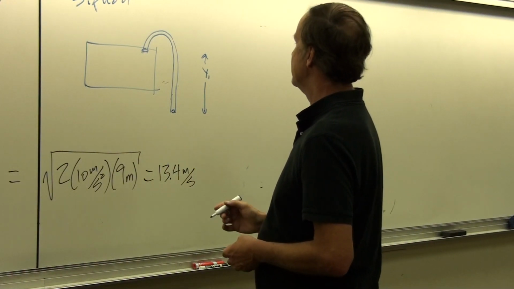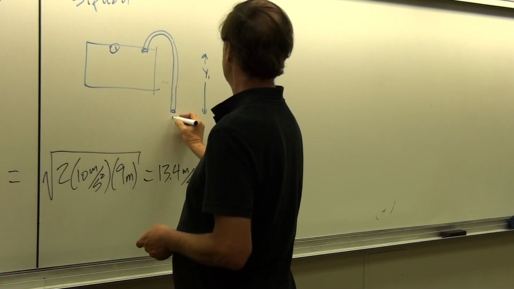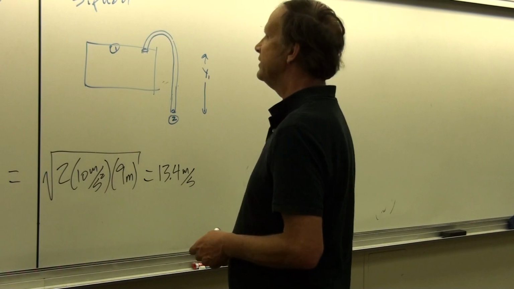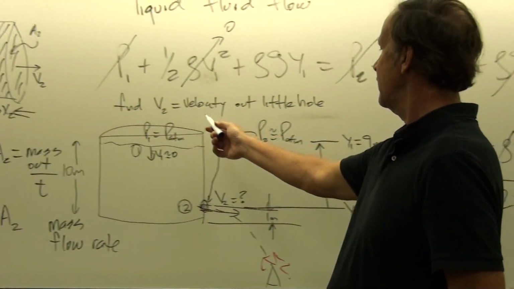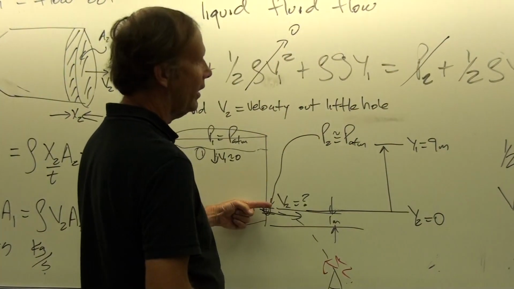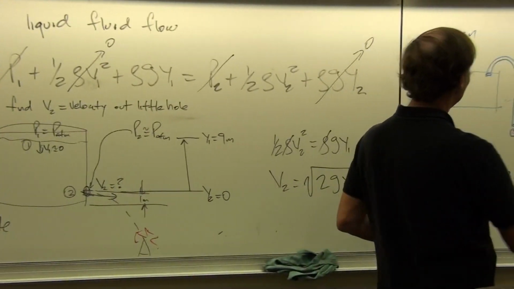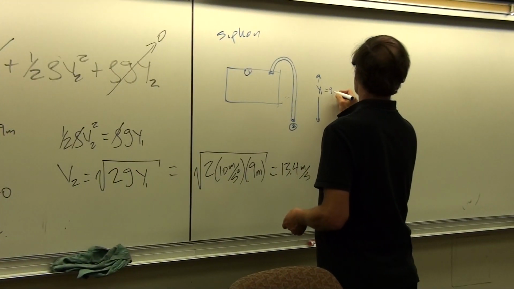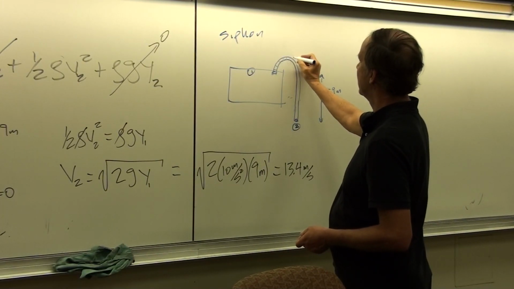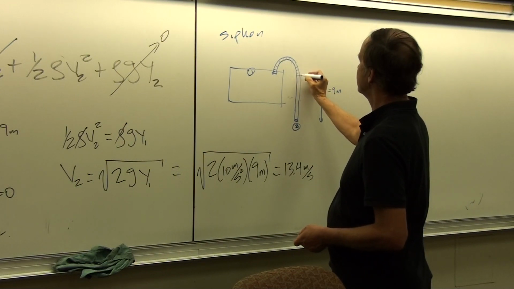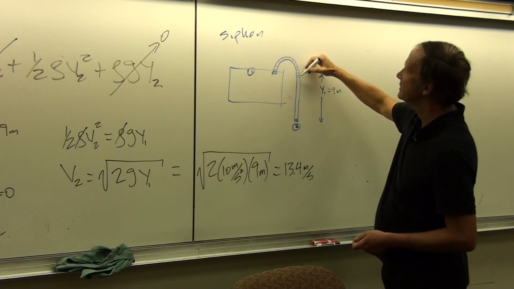So we could call this point 1 in our medium, and this point 2 in our medium. If we do that, then what we did before for the problem with the hole in the water tank is exactly the same. Let's say that y1 here is equal to 9 meters. Then, to get the siphon primed, we have to get enough water in the tube to get to here. If we can draw enough water out of the pool to get it to there,